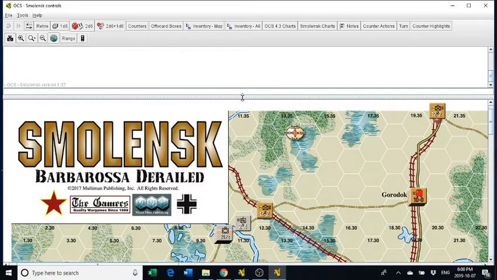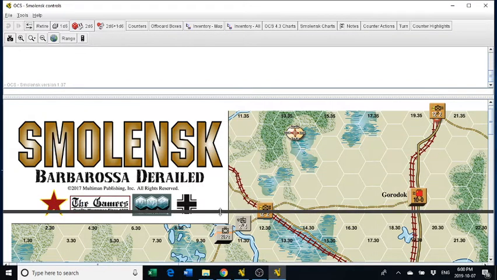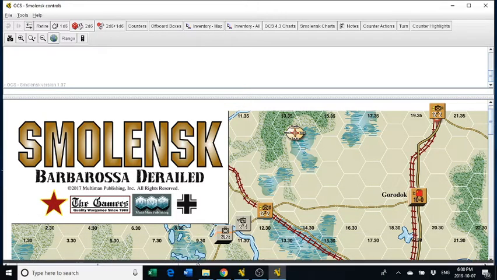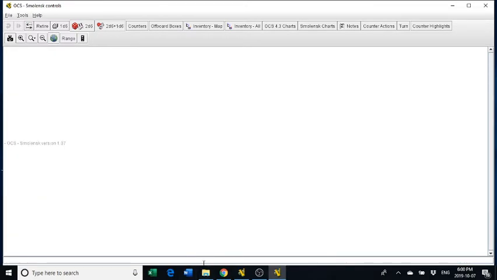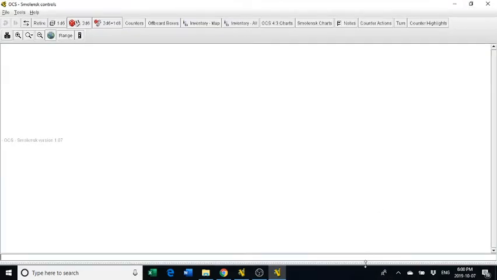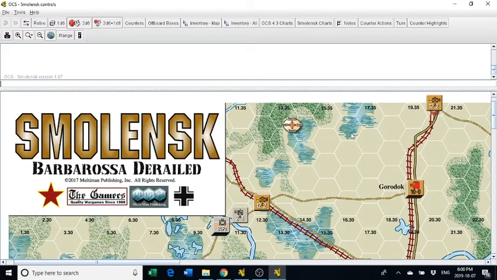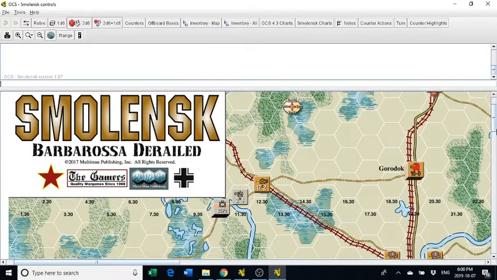Occasionally when you open the OCS module you might only see this. It occasionally does that, and you have to drag this back up and you'll see the map. So here's the map,